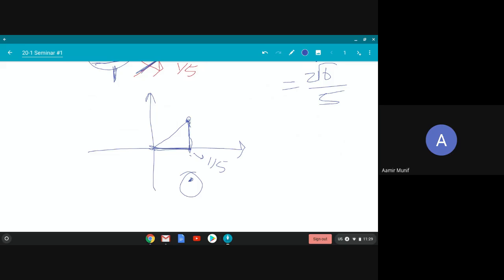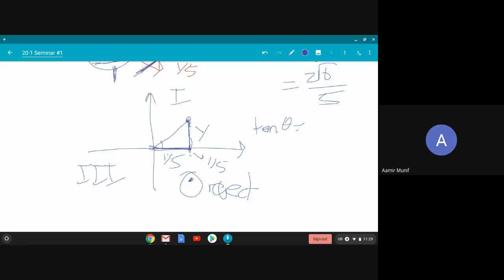Because if tan is positive, and remember, tan can only be positive in the first quadrant and in the third quadrant, usually you have 2 possibilities, but in this case, you have to reject this one because your tan value is positive and focus on this only. So I know that this is 1 over 5, and I don't know what my y value is, right? But I know that tan theta equals